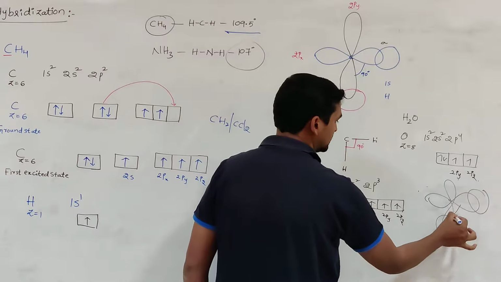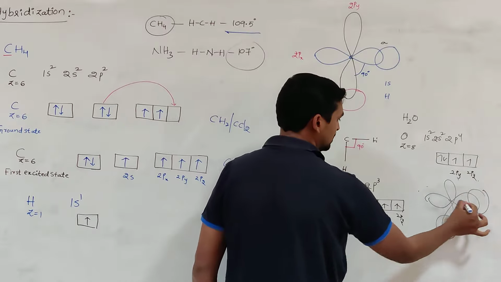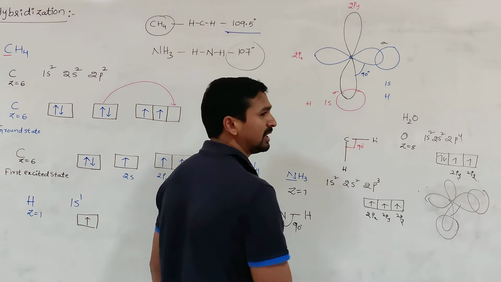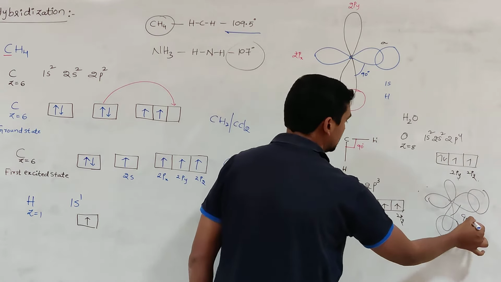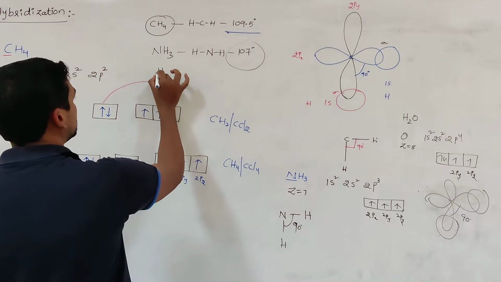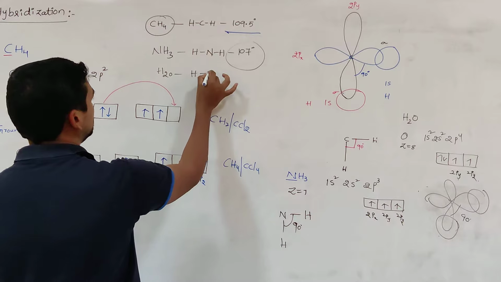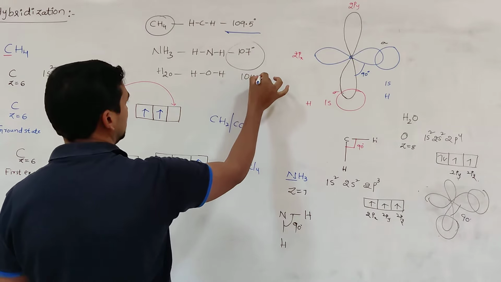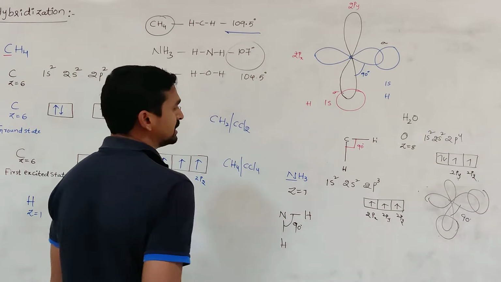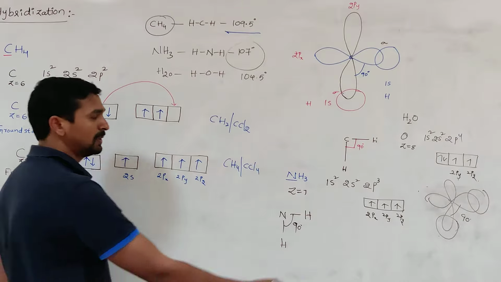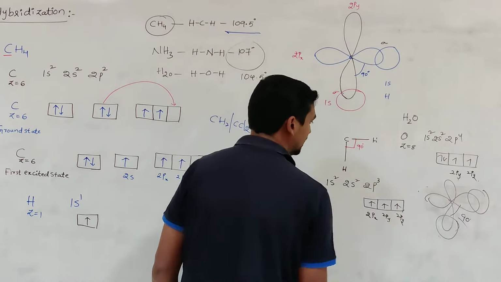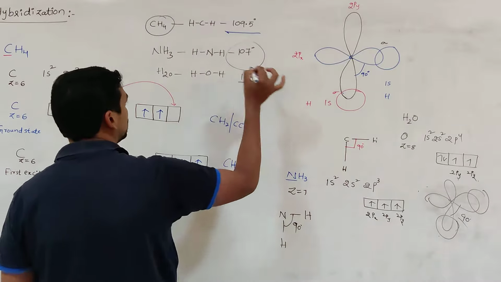Then what is the bond angle here again? These are mutually perpendicular, because this is a y axis, suppose this is a z axis. Then what is the angle between the y and z axes? Again 90 degrees. But in the water molecule, what is the bond angle? You know very well, according to valence shell electron pair repulsion theory, you learned 104.5 degrees. But if you explain based on the concept of overlapping of atomic orbitals, what is the bond angle? 90, but in reality 104.5.